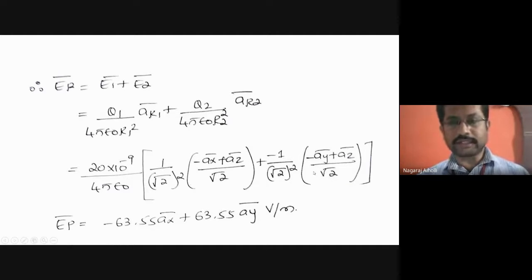Simplify this, students, and tell me the answer. Note down these equations quickly. Simplify and tell me the answer. What are you all getting? What will be the final electric field intensity EP bar? Tell me the equation of that. Did you all note down these equations, students, these two steps?